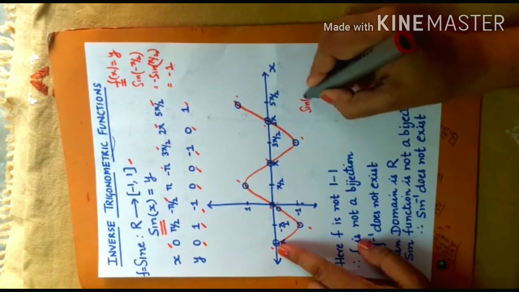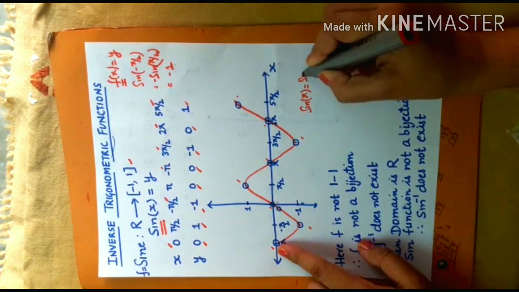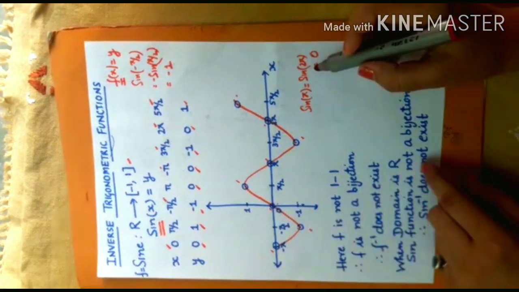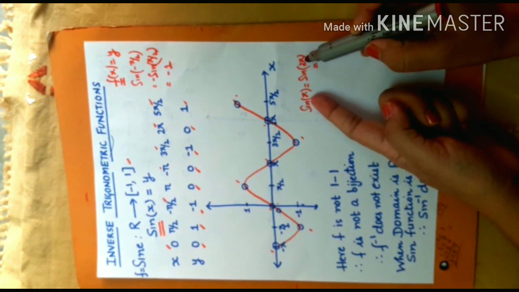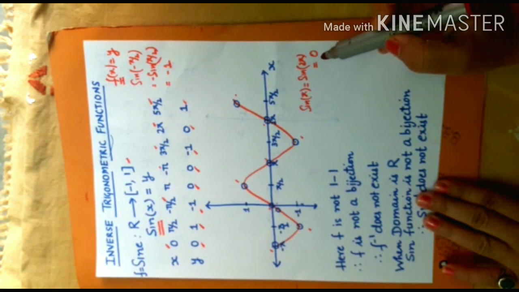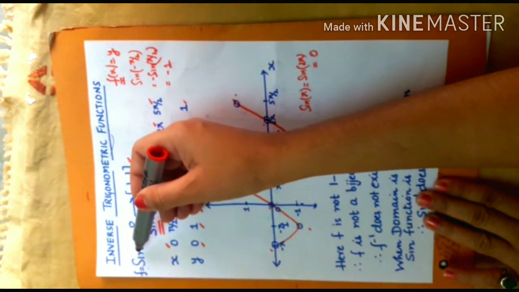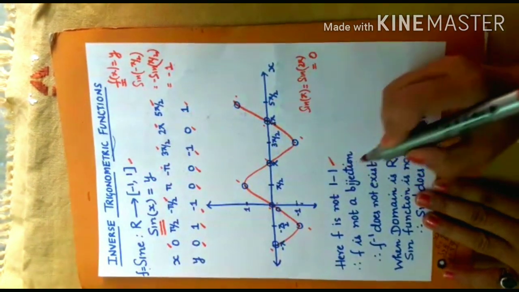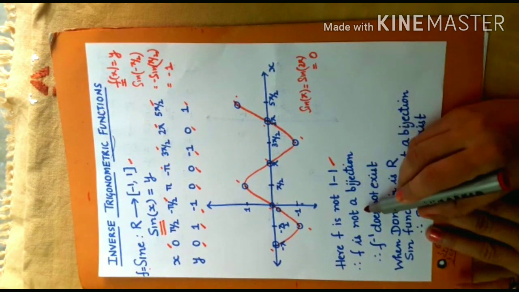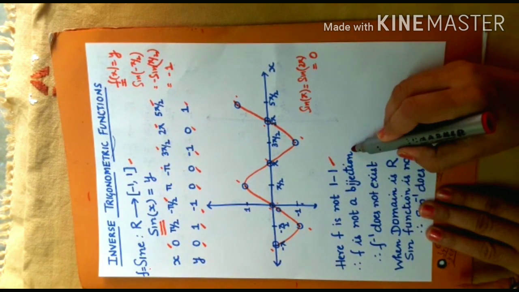That is, sine pi is equal to sine 2 pi, which is 0. That means distinct elements have the same image. So here the function f, which is our sine function, is not 1 to 1. And therefore it is not a bijection,